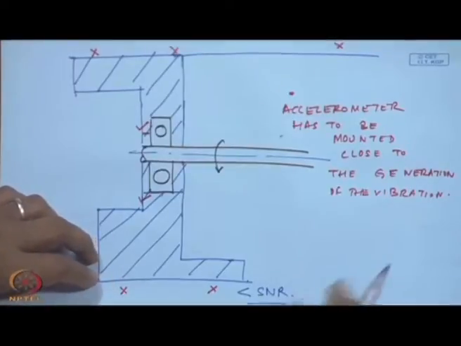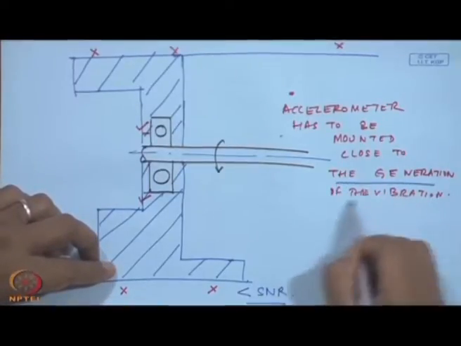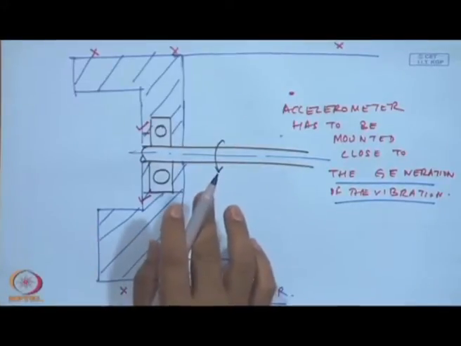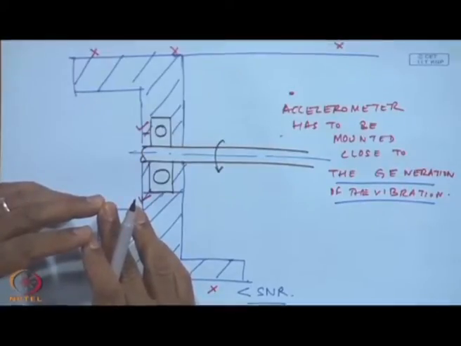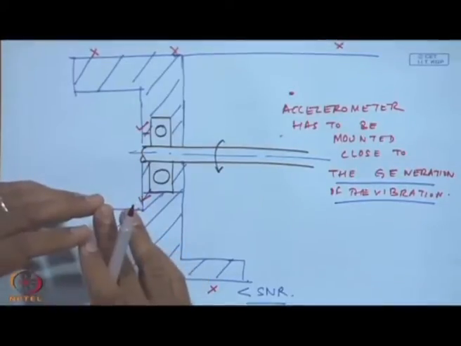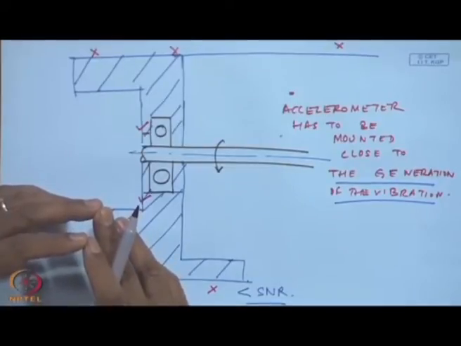Okay. So, you have to be very close to the generation of vibration, and that is why when you need to do an initial survey of a machine for vibration monitoring, you have to try to find out where the bearings are located, where the rotors are located in a motor, where the loose foundations are, where the impact forces are being generated, etc. So, these are the places where we put the accelerometers, not on a flashy control panel with a lot of meters there. You just put an accelerometer there, no, definitely not.